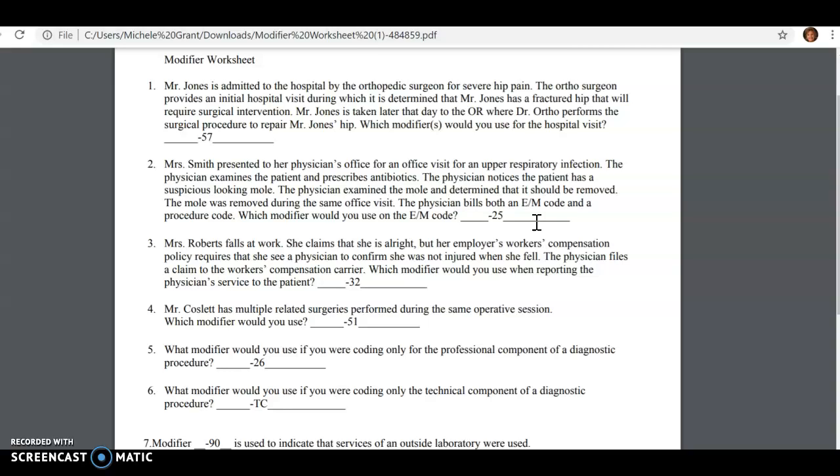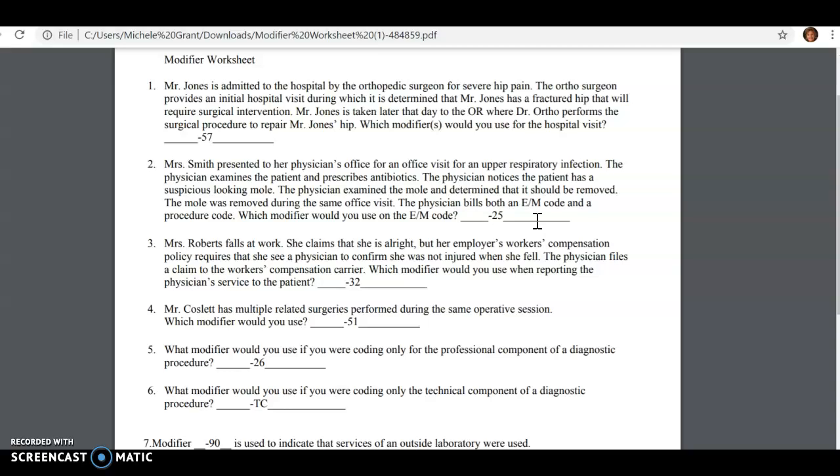So to get that E&M code, we go back to that global again. You are not allowed to charge an E&M and a procedure on the same day because of the global. But this is the difference here. They're coming in for a respiratory infection and they're taking a mole off. So for the E&M code, you're going to put a 25 on the E&M code, and you're going to make sure that the respiratory infection diagnosis matches up with that E&M code,